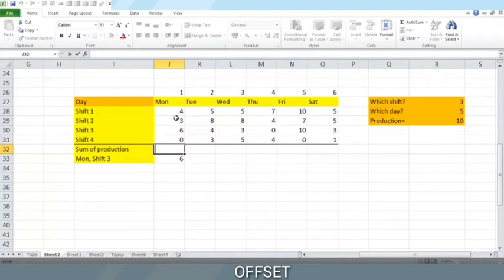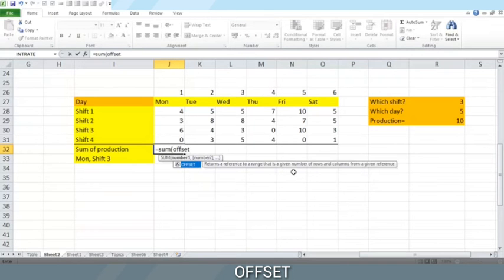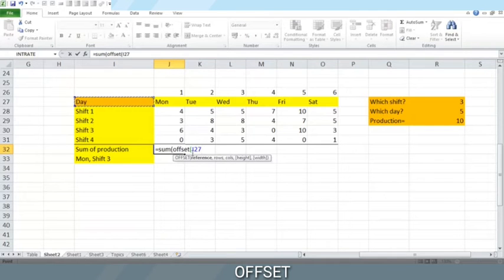Here we want the sum of production for Monday. We will write sum again. That is our basic function. Now inside this, to define what we want the sum of, we'll use the offset. Again, we'll take a convenient reference. Let it be I-27 again. Now the starting point from where we'll define the range that we want to sum, that will be this, which comes at 1 row below the reference.